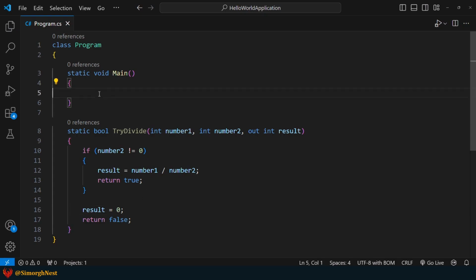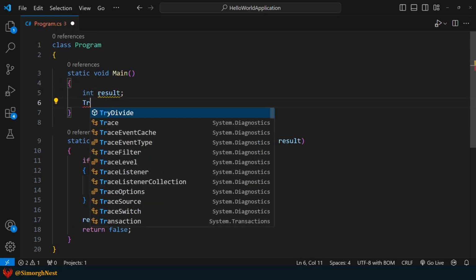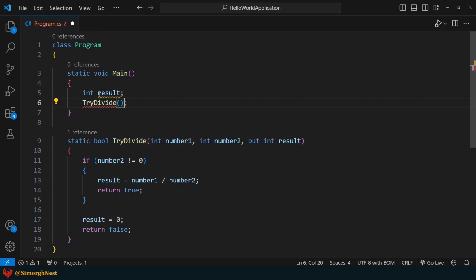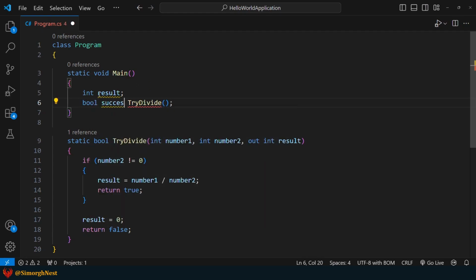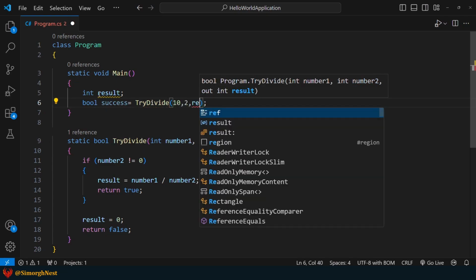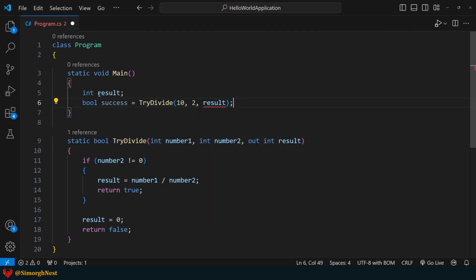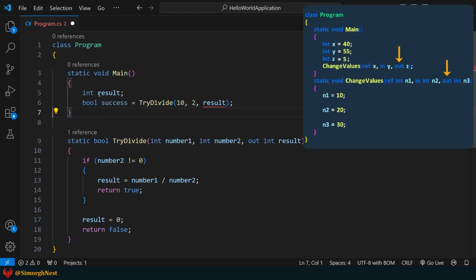Now, inside the main method, let's declare a variable called result. Next, call the try_divide method and assign its boolean result to a variable. Then we pass 10, 2, and result as arguments. Remember, both the method signature and the method call need to use the out keyword to use an out parameter.